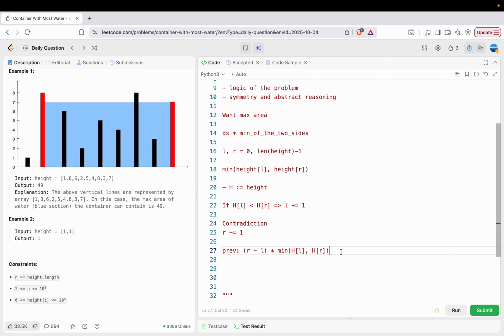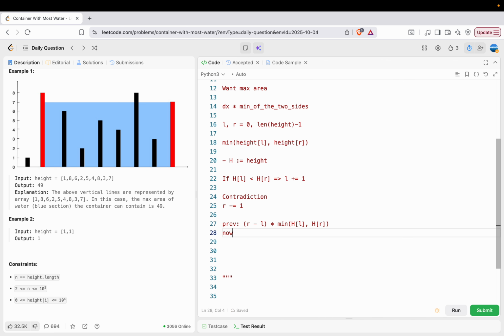So now if you shrink R, then the area will be something like this: R minus L minus 1. Because R changed to be R minus 1, then minus L. Then you do this, HL and HR minus 1. But because we are taking the min, this is less than or equal to (R minus 1 minus L) times